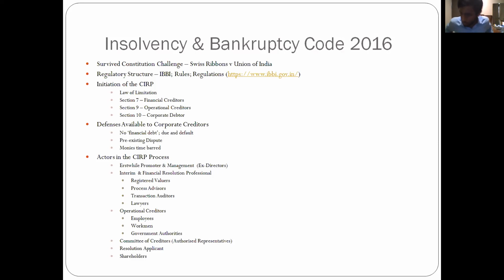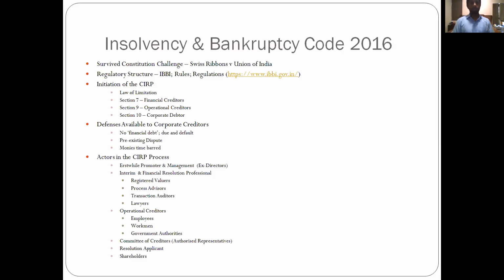It's a very good judgment. I again urge you to read it if you have some time. BK Educational Services speaks about a lot of things. Mr. Ashish Dholakia tried to convince the court very convincingly that the law of limitation does not apply to tribunals, that the IBC is a complete code in itself, and Justice Nariman was very convincing in his argument, where he said that that's not the case and things can be looked at separately.